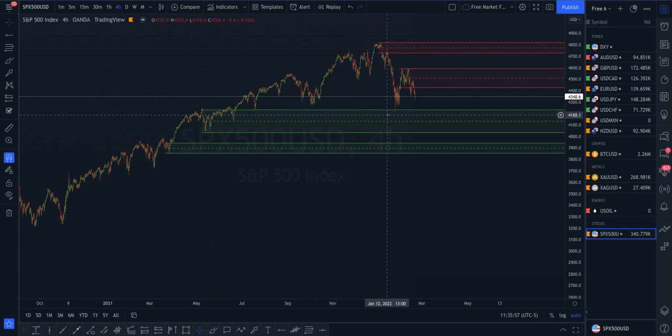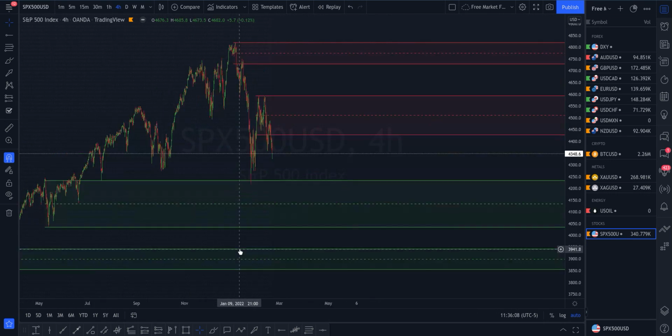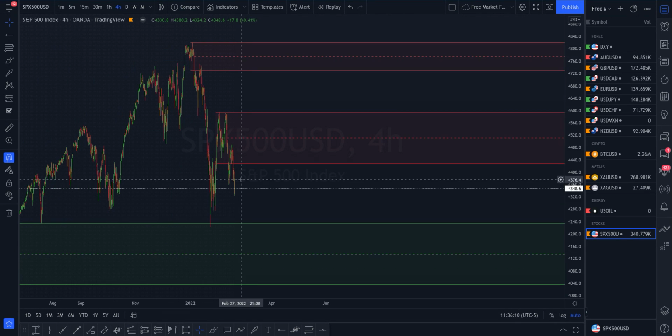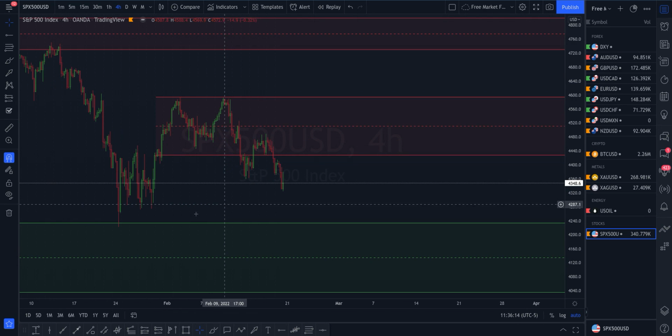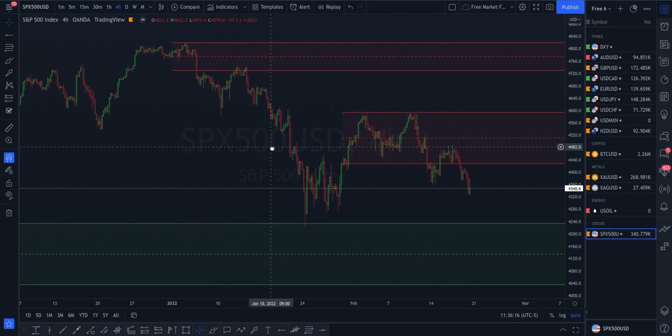We did see a bounce off of this institutional demand here. We do have institutional demand down here, as well as like 4-hour imbalance. All right, so let's take a look. I mean, fundamentally speaking, I'm still thinking that we're in a bearish market, but let's take a look at